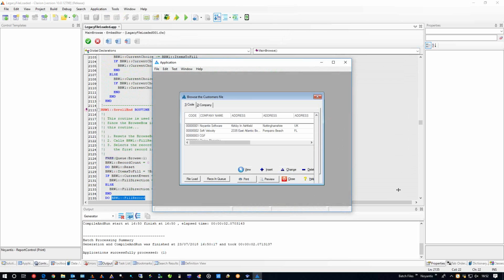Well, you could write a method for it, but ultimately all it's doing is creating a queue with the same structure as your table, reading them all out of the DAT or TPS and putting them straight into the queue, which is ultimately what you can just do yourself. So that's all a copy is really going to do, isn't it?